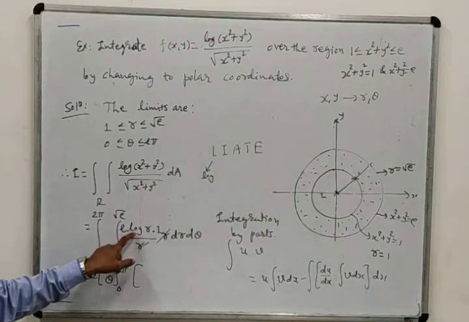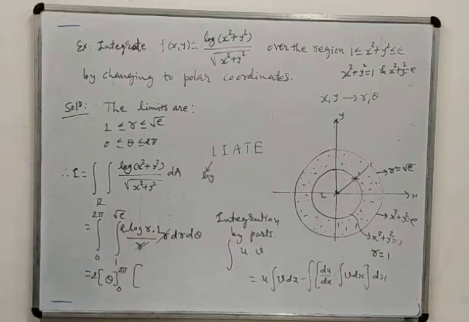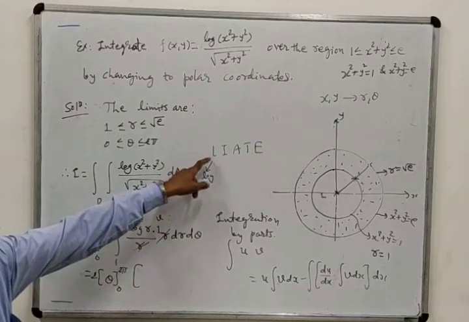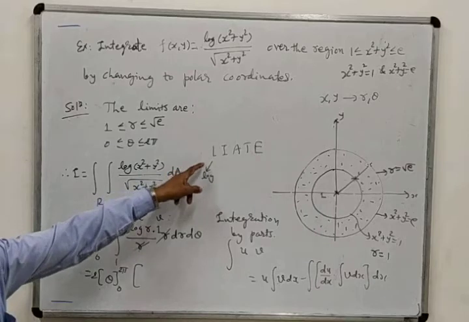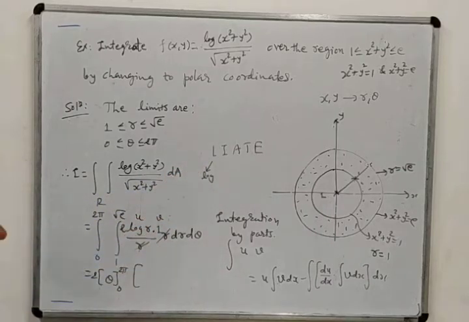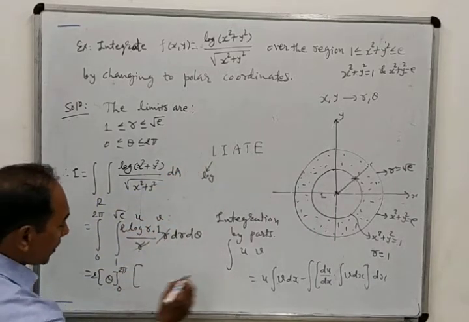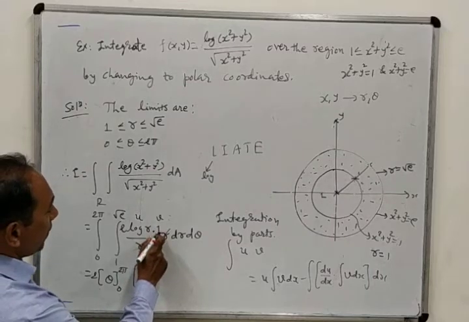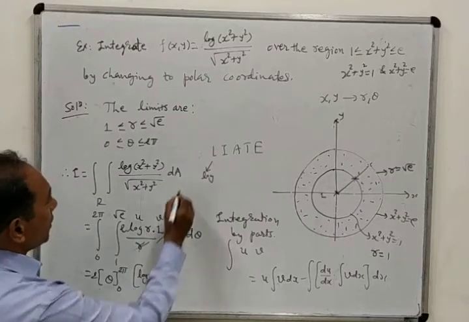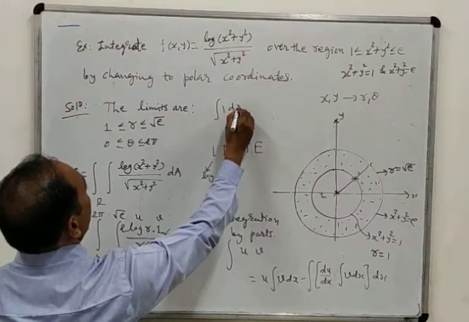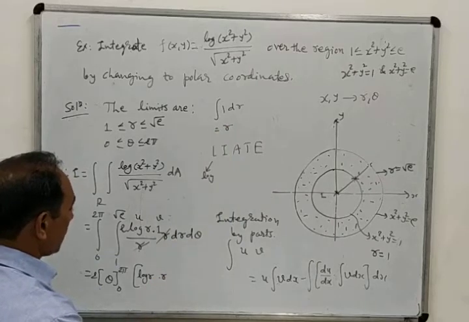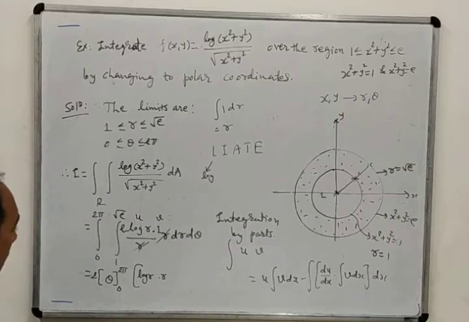Here log r is the single function, so we will put 1 here because 1 has no effect when we multiply, and we will consider log as u and this 1 as v. Obviously, whatever function comes first, we assume as u and the second one as v. So as per this formula, log of r will remain as it is, then the integration of 1 with respect to r is nothing but r. So here I will write down r.